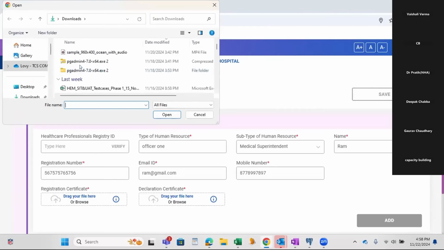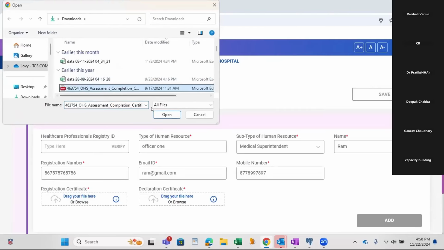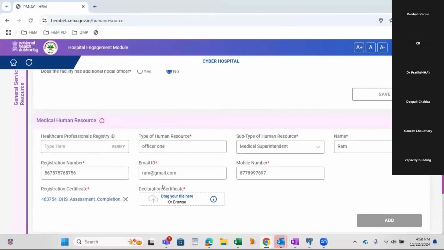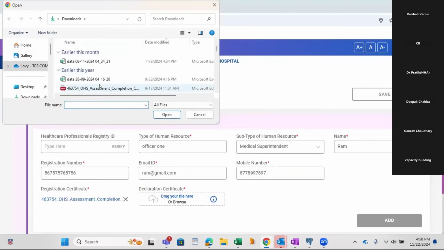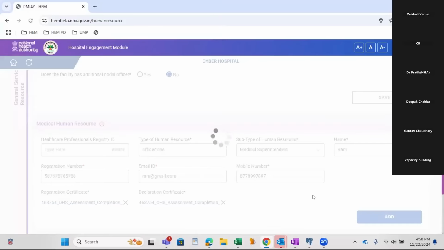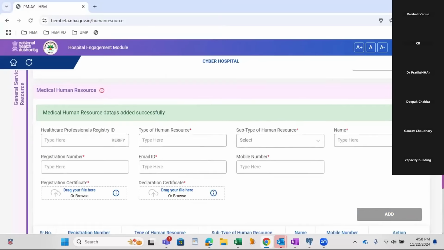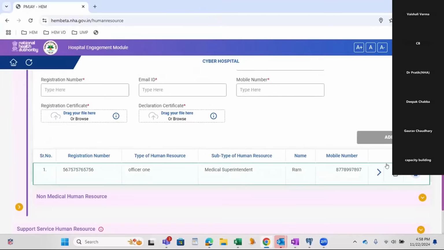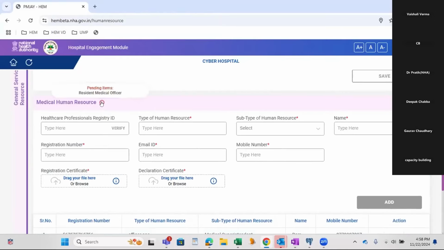Let me attach any document. The moment I enter all the details, the add button is enabled. Click on add. This human resource for medical superintendent is added, and we can see this at the bottom of this section with all the details. Now, if we hover on this, the pending item is resident medical officer.